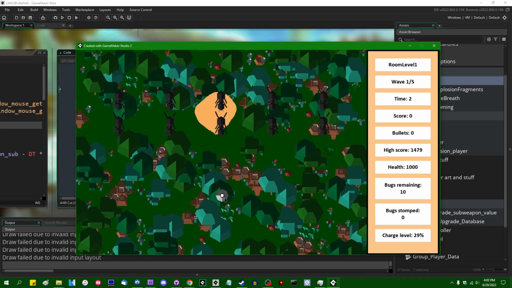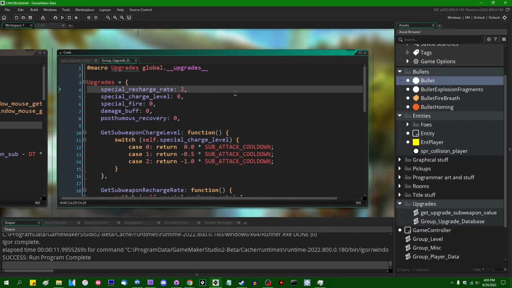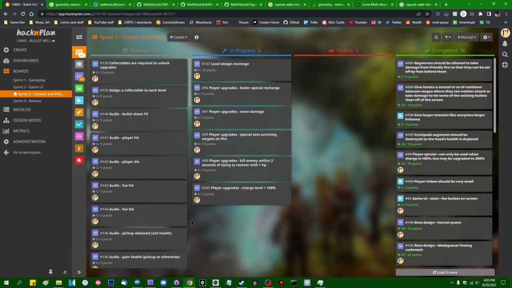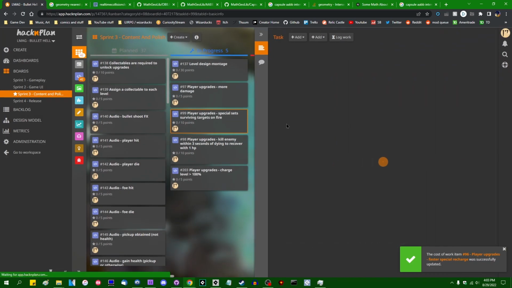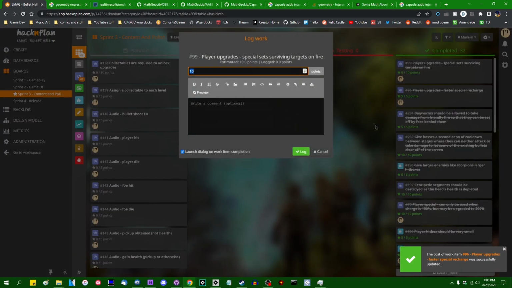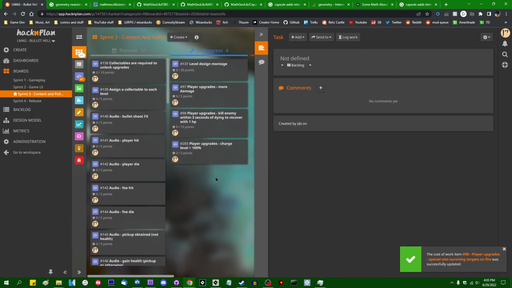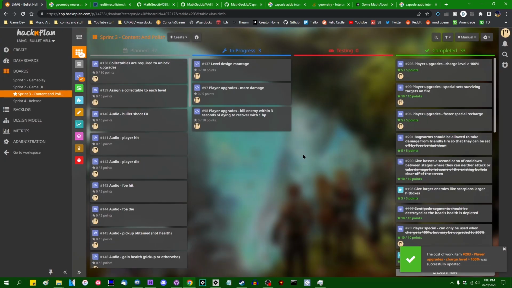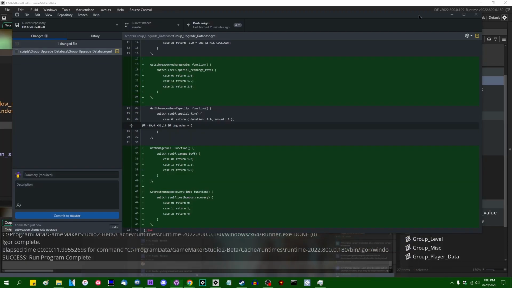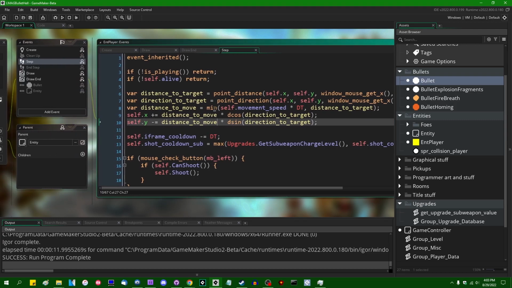And that's 2x. That does feel like 2x, doesn't it? Alright. Sub-weapon charge rate. Let's check some of these off. That was this. Indeed, more damage did not do that. Special sets surviving targets on fire. Let's do that. Charge level above 100%. Let's do that. Okay, next is more damage. More damage should be easy. Likewise, when the player shoots...